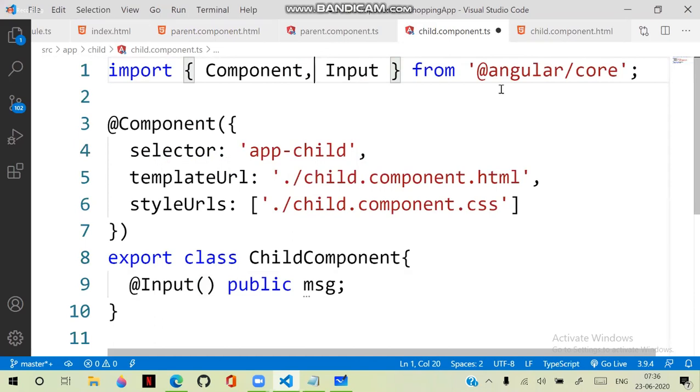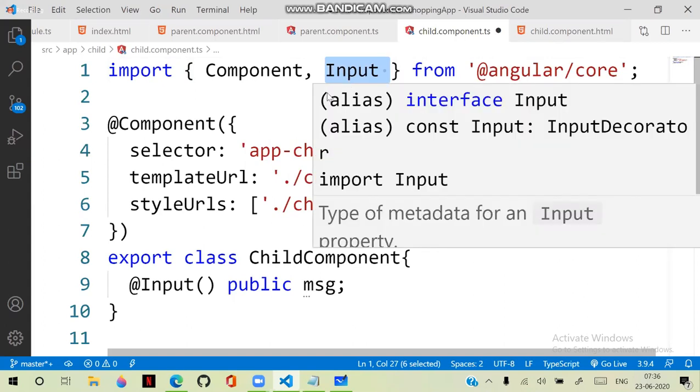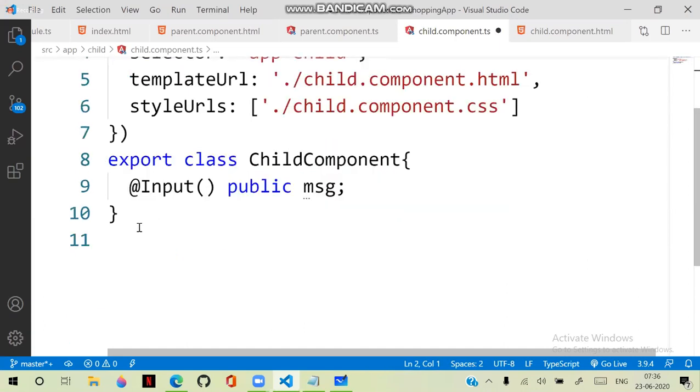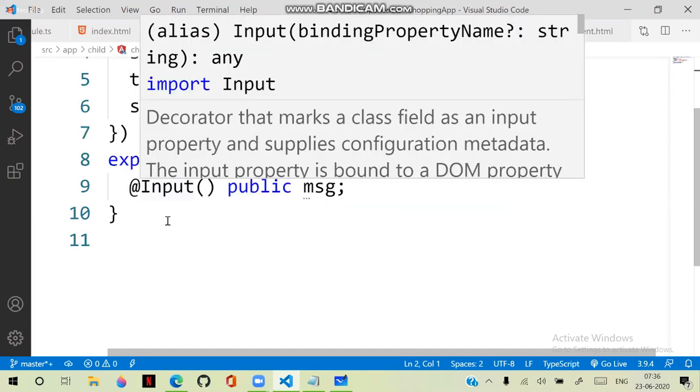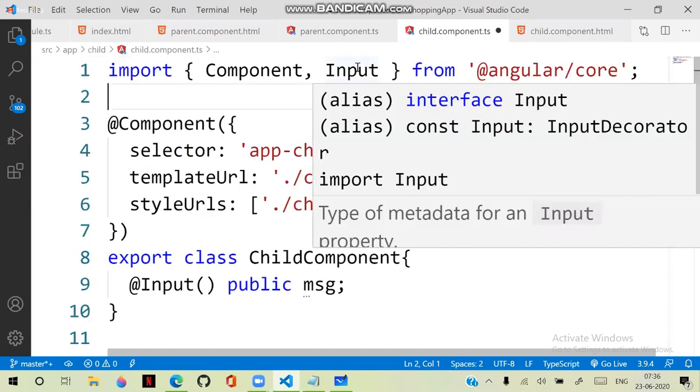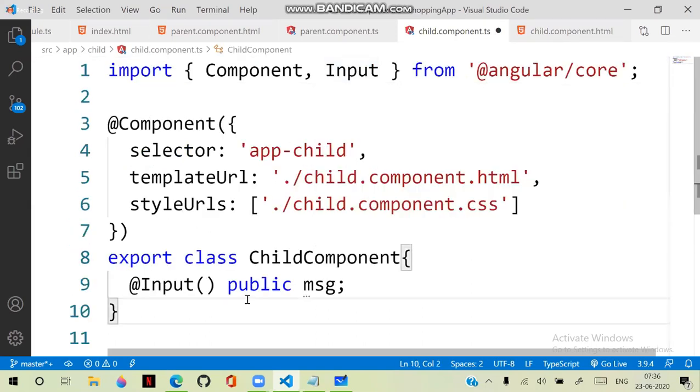In Angular core, we have an Input directive, so we just import it and use that input directive. But once you write input, automatically it will be imported. Now, once you mark this as input,